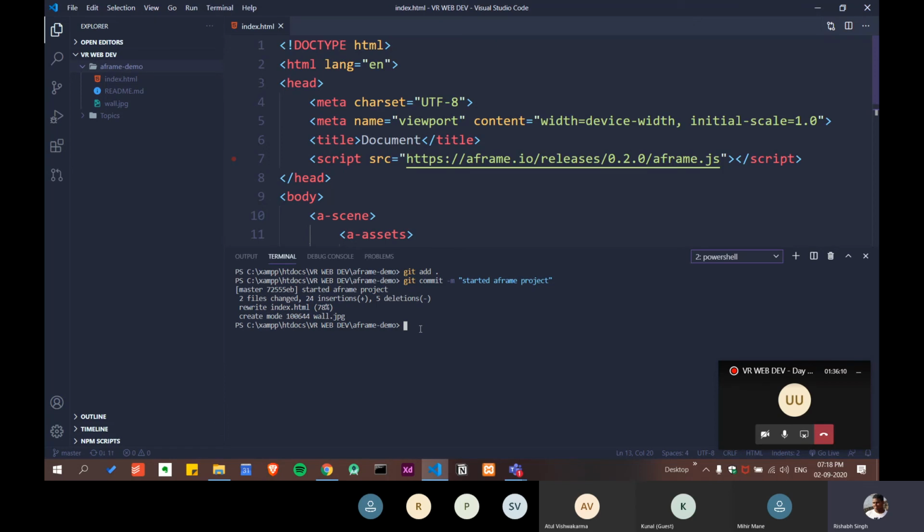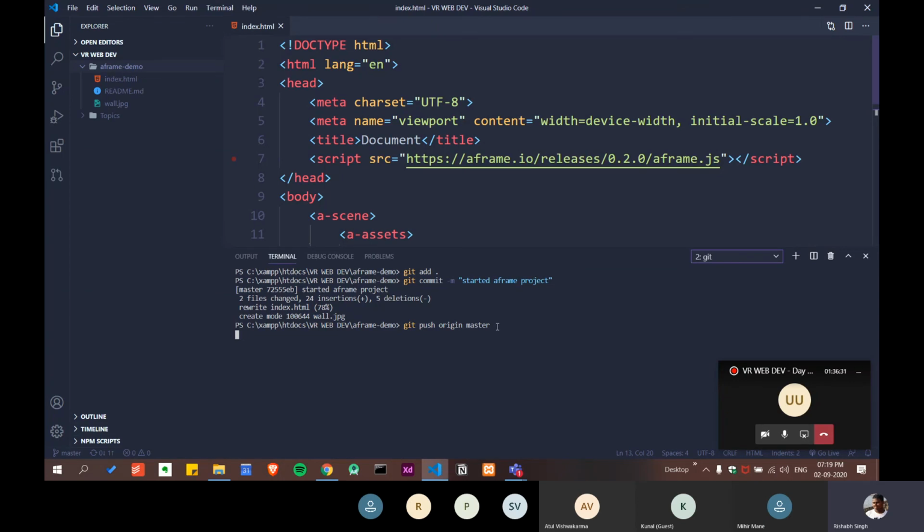Okay, no problem. Let me just tell you. That was push, and origin master. So make sure you remember these 3 commands. You always have to use them to save your project. And let me just press enter.